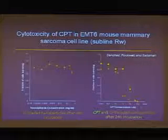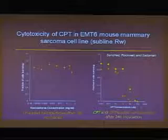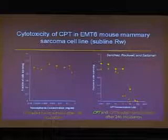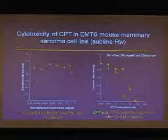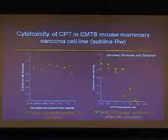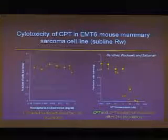The particles themselves aren't toxic. You can add fairly large quantities of them to culture, and you see no change in viability over time. If, on the other hand, you add particles that are loaded with a drug like camptothecin, and these were experiments that Amaryllis did with Sarah Rockwell, you find these are cells that are sensitive to camptothecin, so you add camptothecin